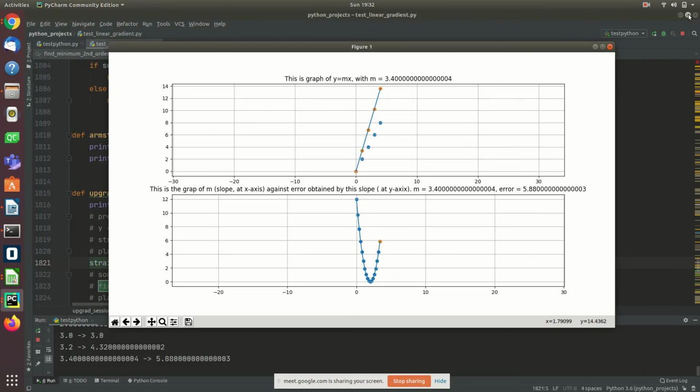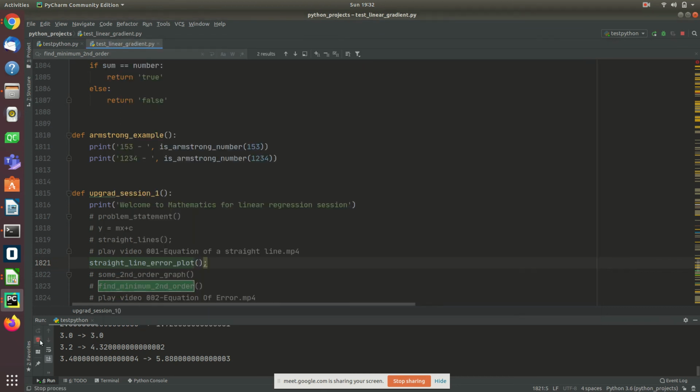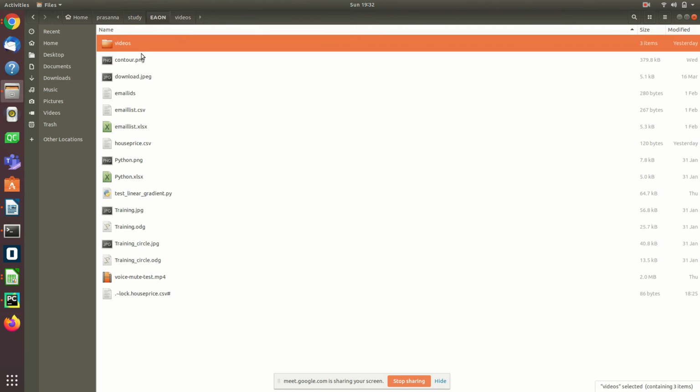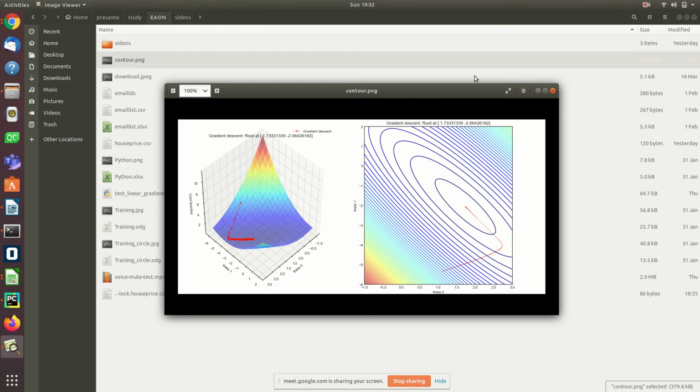When I have 2 independent variables m and c, because we had partially derived, and y is the dependent variable, y is an error here. So there is an error, there are two independent variables. So in this case, how will my error function look? Any wild guess? No? Friends, it looks like a contour.